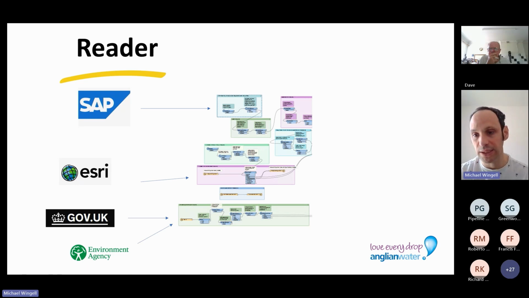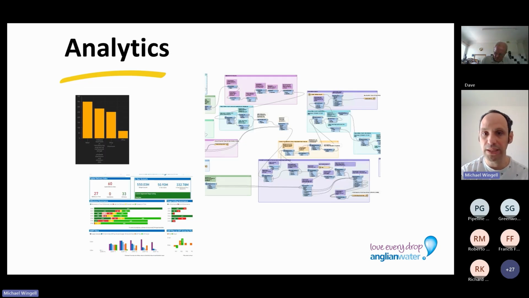We can connect to external data sets if we want to use Meteomatics for weather data, or for environmental agency data or government data. And basically the clever bit with FME is we can then do all of the analytics and the calculations within that application itself. And again, we use a thing called FME Server, or I think it's FME Form, to be able to automate